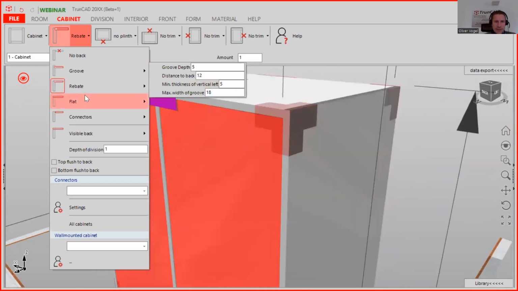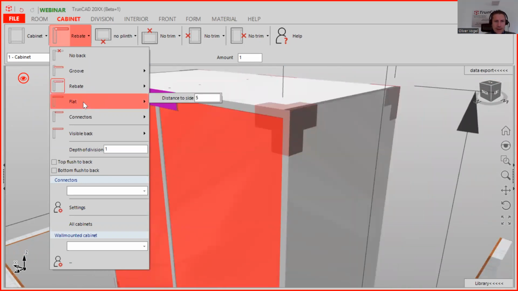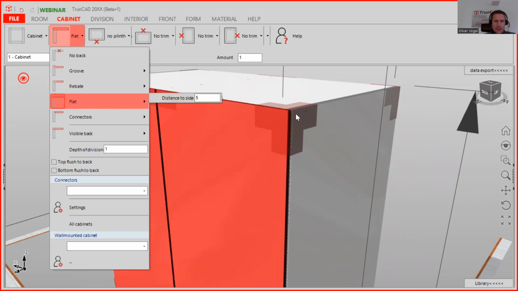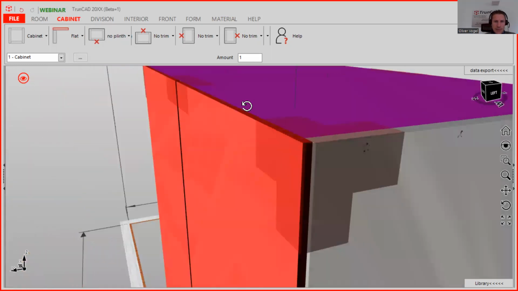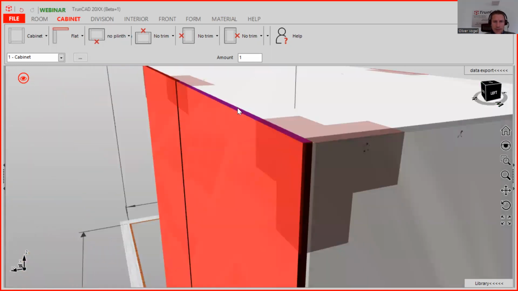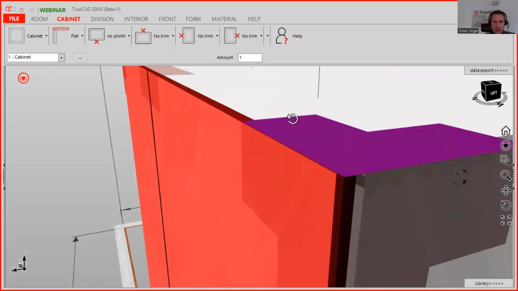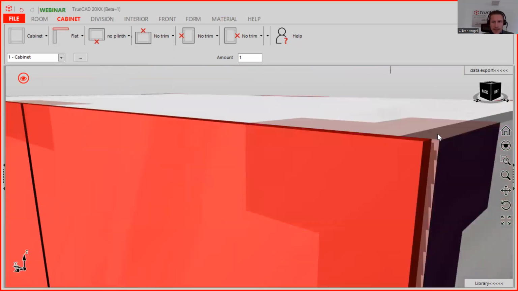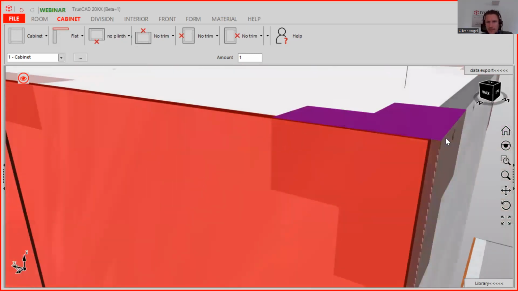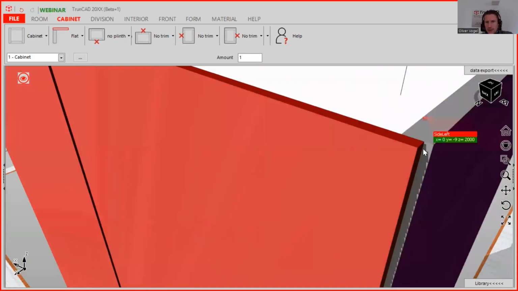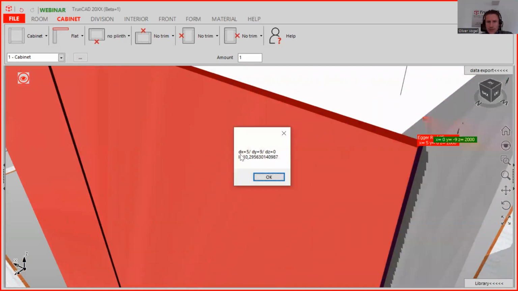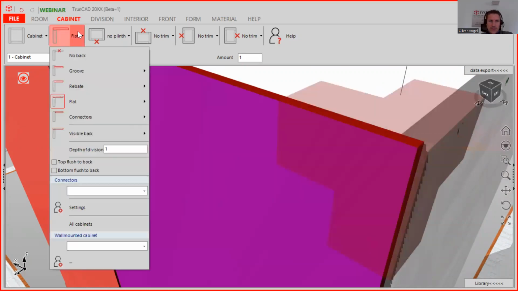You also have the option for a flat one. Here you just type in the distance to the side. On the bottom and also on the top, it goes to the same level, and here you have the distance of 5 mil. You can also measure it when you keep the control button pressed and measure these points. You see dx, in the coordinate system, is 5 mil. When you type in 0,